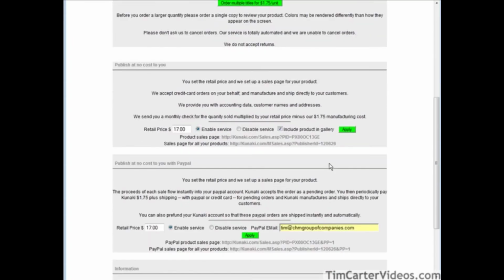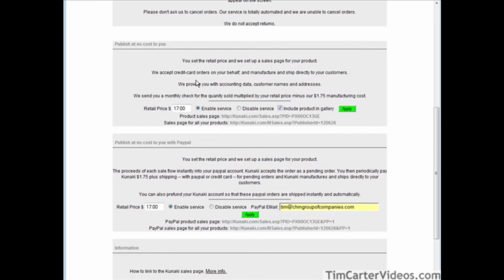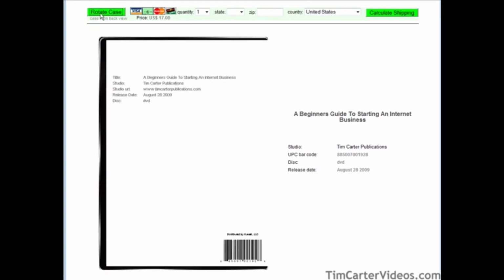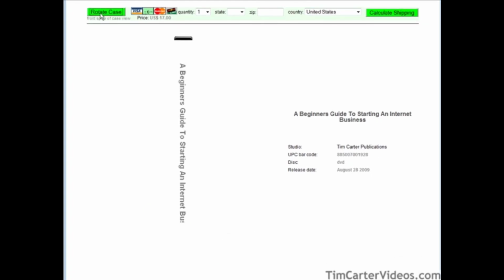Okay, now we have some different websites here that are used. For instance, if we're going to use the Kunaki shopping cart, we have two URLs here. We have the sales page, and this is the sales page that they provide for you, and it has all the details that you put on the design screen here. They can also rotate the case. Look at what's in the case. Look at the DVD,